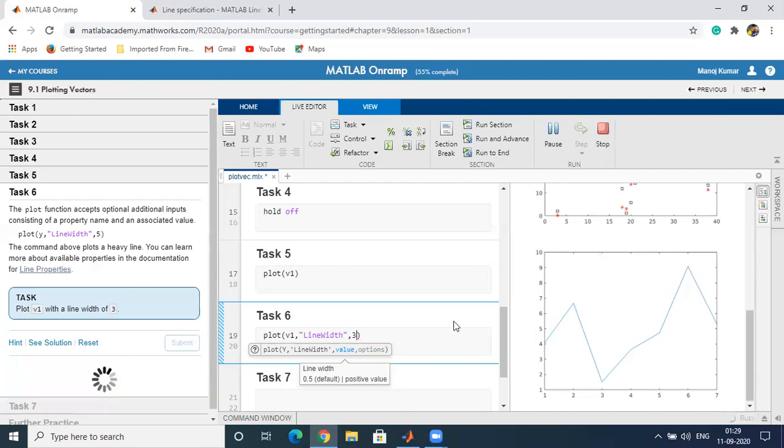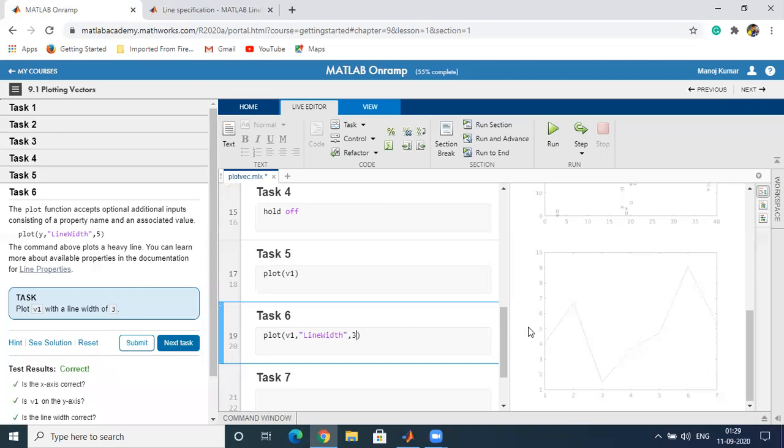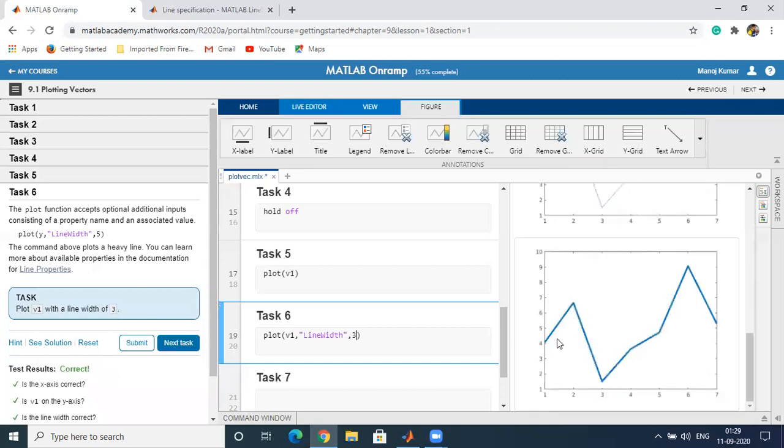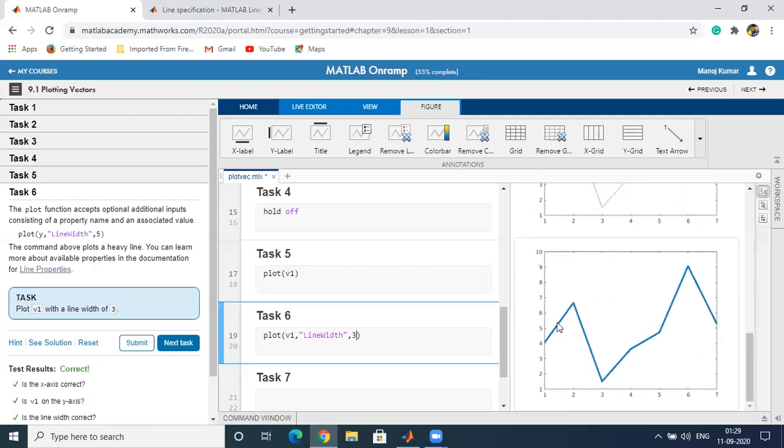Now press. Now you can see in the previous plot of v1, this is the line width, and we have specified the line width equal to 3. Then you can see the line width is higher than the previous one.